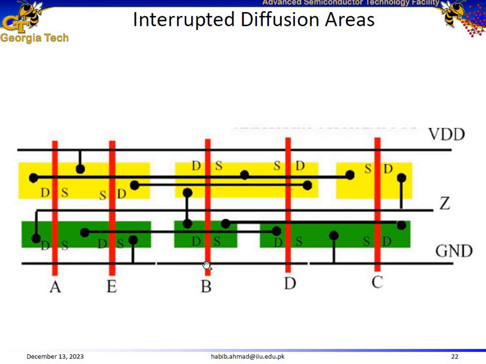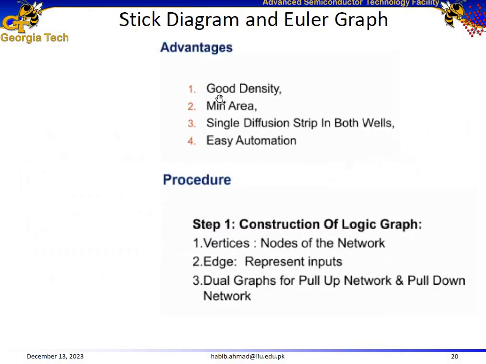So if it's going to require large area to fabricate the same number of transistors, then we will have lesser functionality. So good design in following the right stick diagram rules and Euler paths actually helps us improve the density, gives us good density. We can fit more number of transistors on the same size chip, and it makes our